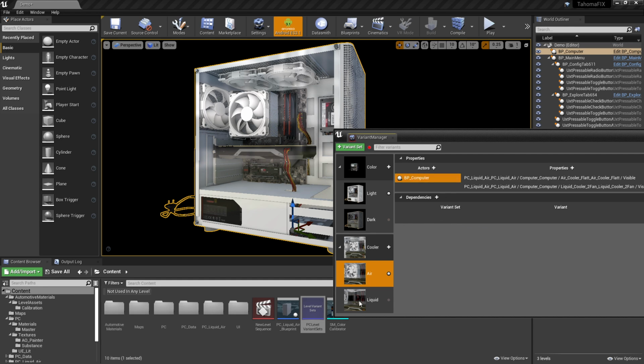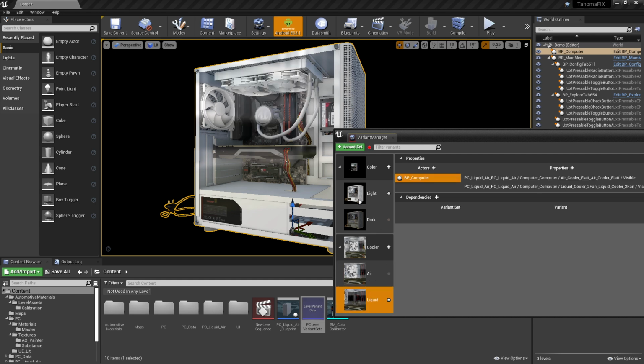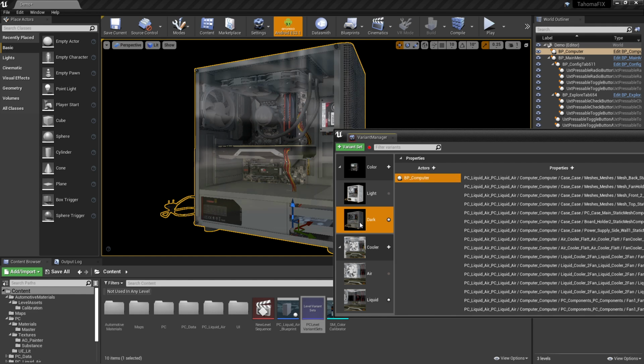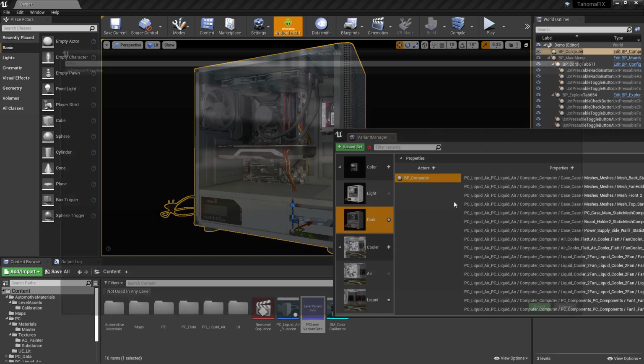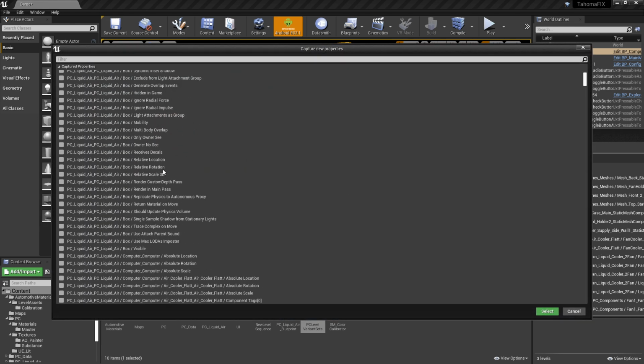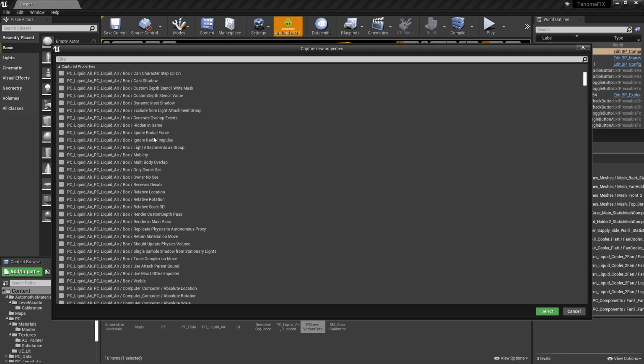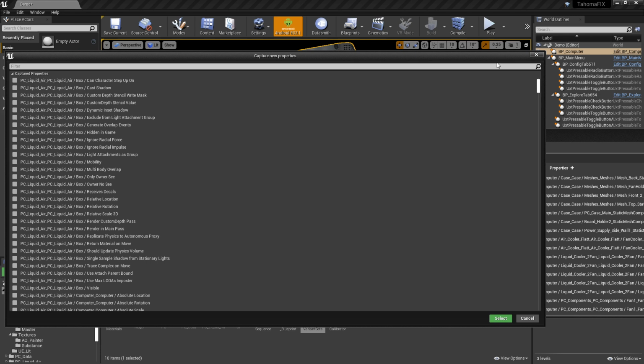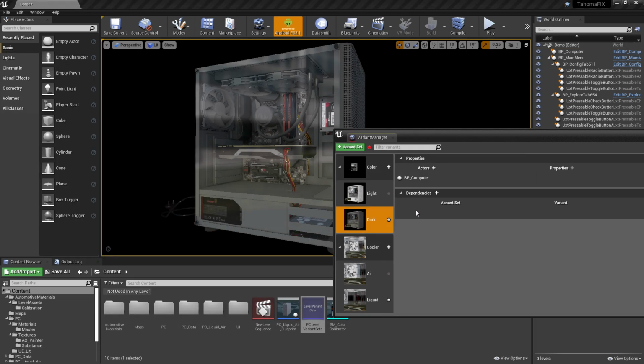So obviously we've got the air cooler already on, and if I click on the liquid, we could go to liquid with the dark. So these are the options that are set up inside of here. And again, it's just a matter of dragging in the actors and specifying what parameters you want. You could say add a property, go through and pick any of these properties, and then those will also be watched by the Variant Manager. So it's a super easy, fast, straightforward tool to work with to build up these very complex relationships.